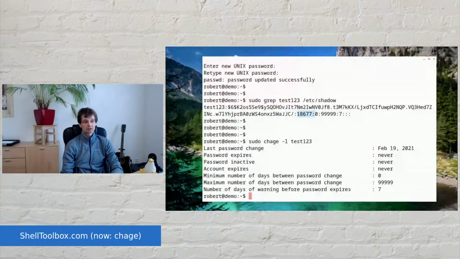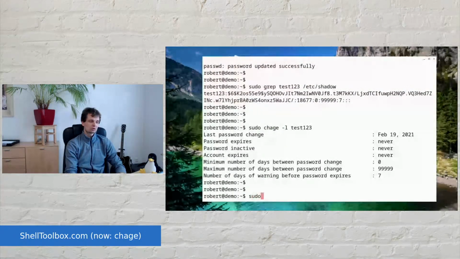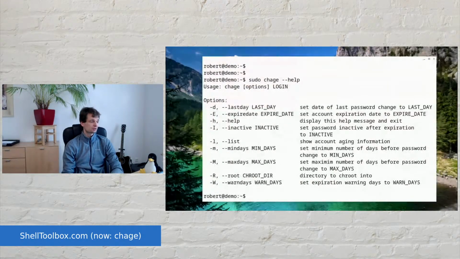So here are some fields, and these fields define how the password expires over time. When the user should create or think about a new password, for instance. And chage gives you the information if called with -l, and chage can be used to modify this information. Let's call chage with --help here, and you see I could set, for instance, the max days